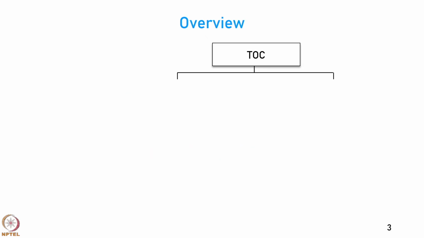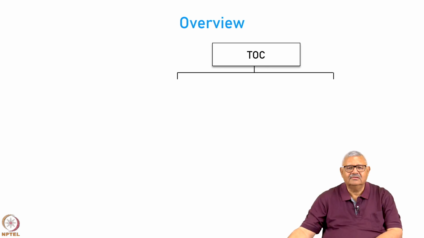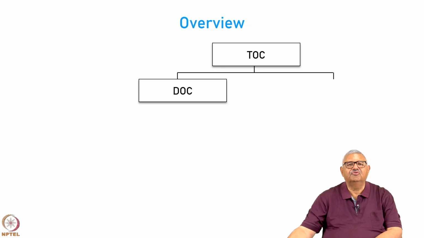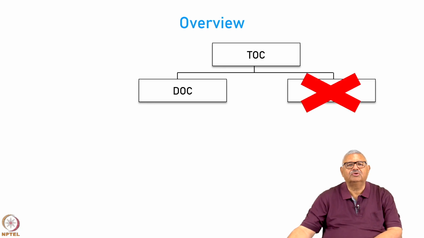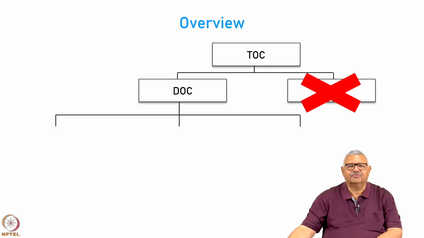Here is an overview of the total operating costs of aircraft operation in an airline. They consist, as you know, of the direct operating cost and the indirect operating cost. Since this is a tutorial on DOC estimation, we are going to ignore the indirect operating costs. Generally, people take the IOC as a percentage of DOC. It could be 25%, 30%, whatever, but we will not get into that. We will look only at the direct operating cost today.